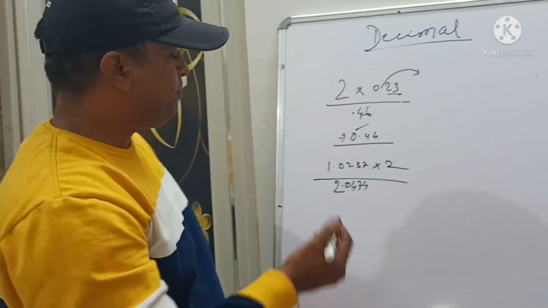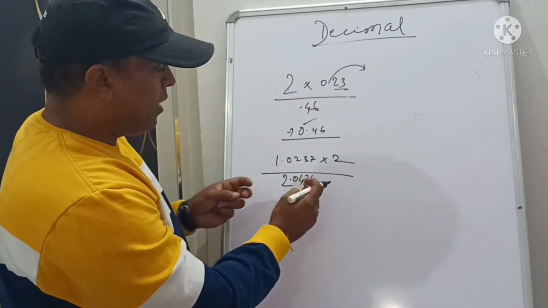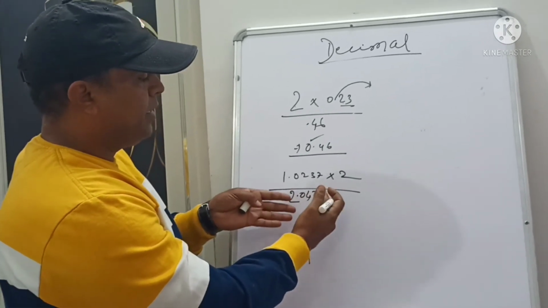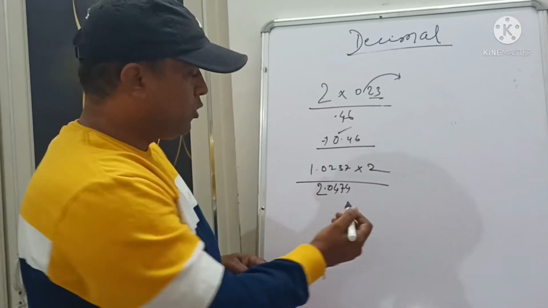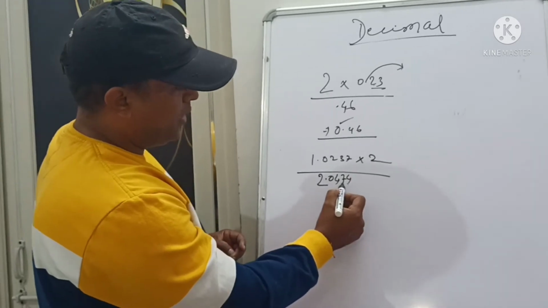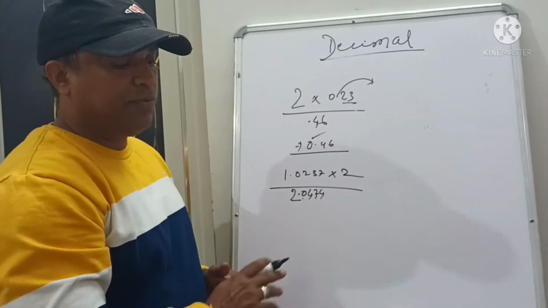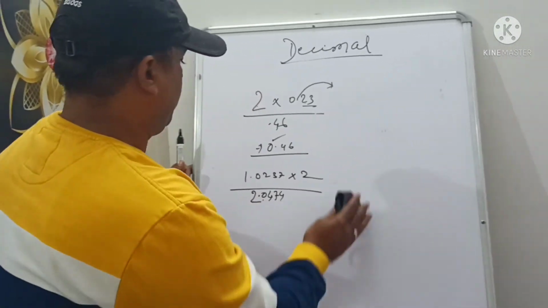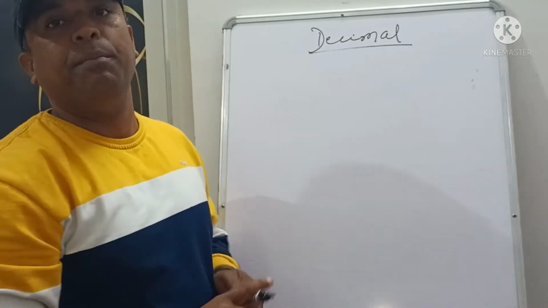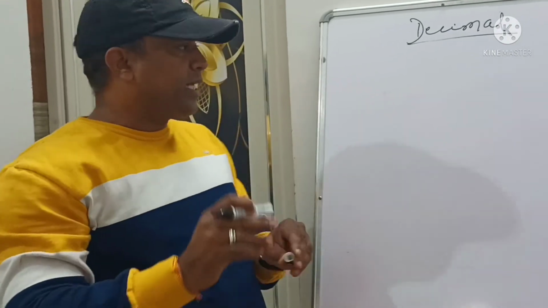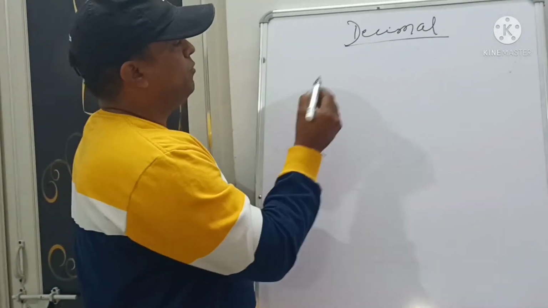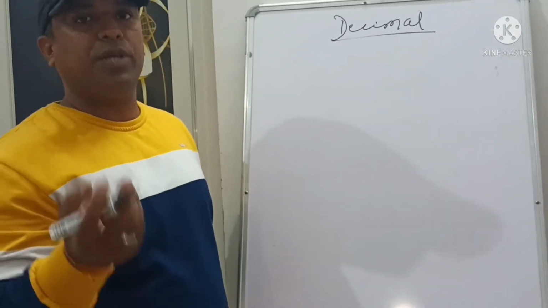Always remember, in putting the decimal we count from right to left. So you start counting from here: 1, 2, 3, 4. Before 4 digits you put the decimal. In this way you can do the multiplication portion. Now, what I gave you as examples beta, I will give you one very simple example so that you can understand more.